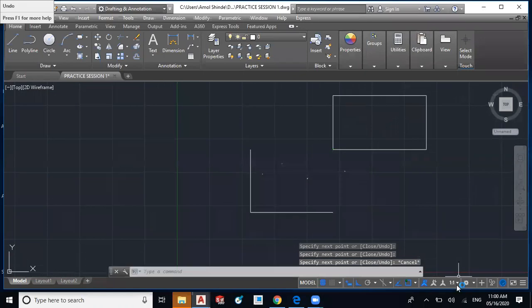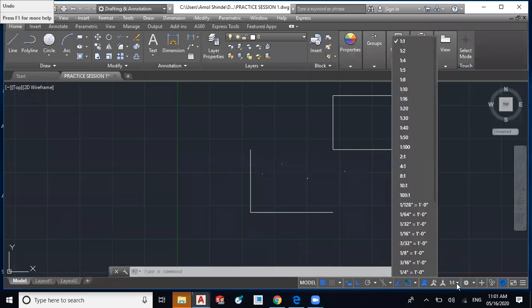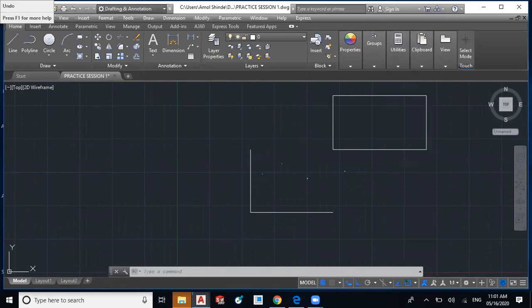Now we have to set this scale. Okay, we are using natural scale. You can reduce it or you can enlarge it. There are three types of scale: natural scale, enlarged scale, and reduced scale. 1:2 is the reduced, 1:1 is the natural scale, and 2:1 is the enlarged scale. 1:2 means 1/2, half scale. It means reduced scale. Like that, you can remember the scaling. So we are using natural scale 1:1.